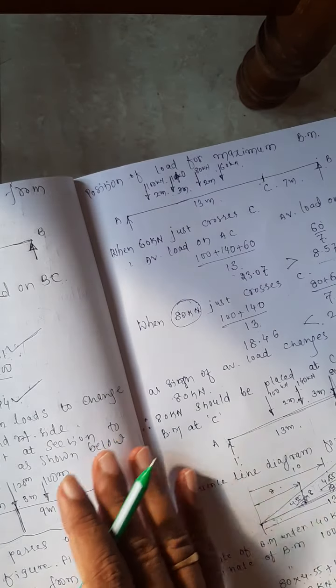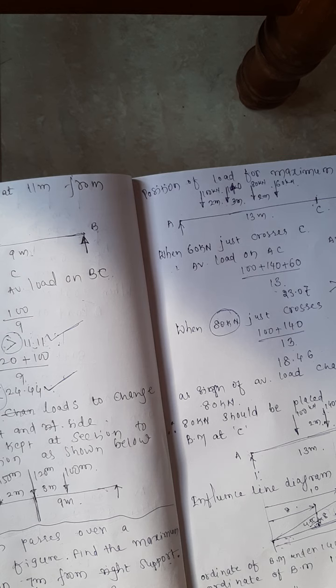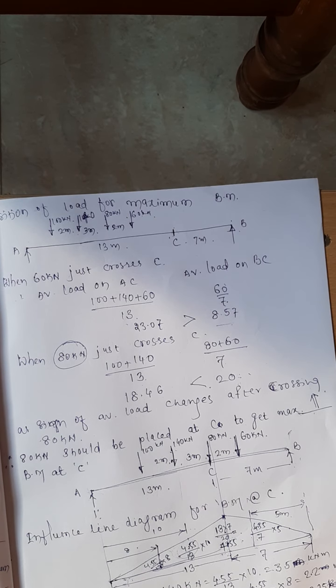Yes, that is all in connection with what we have covered. Usually they will ask the bending moment only in case of the moving loads. Of that we have covered two types of problems. One is the maximum bending moment under a given load. Second one is the maximum bending moment at a given section. Last type of problem is the absolute maximum bending moment, overall maximum bending moment for a given system of loads.